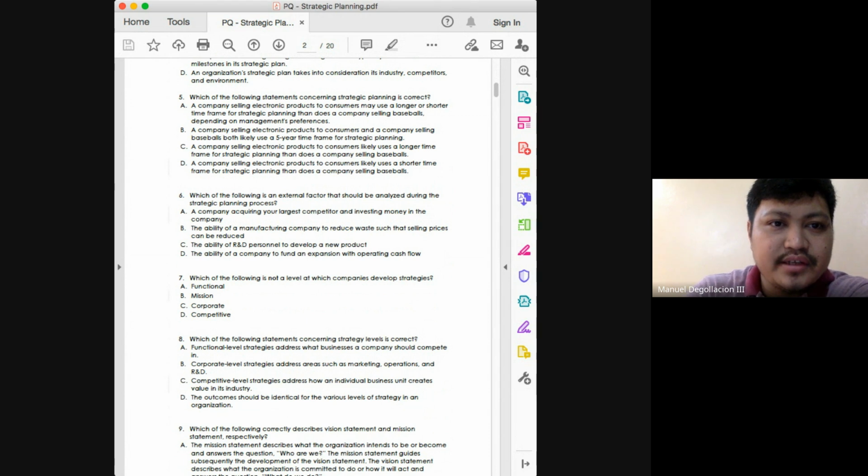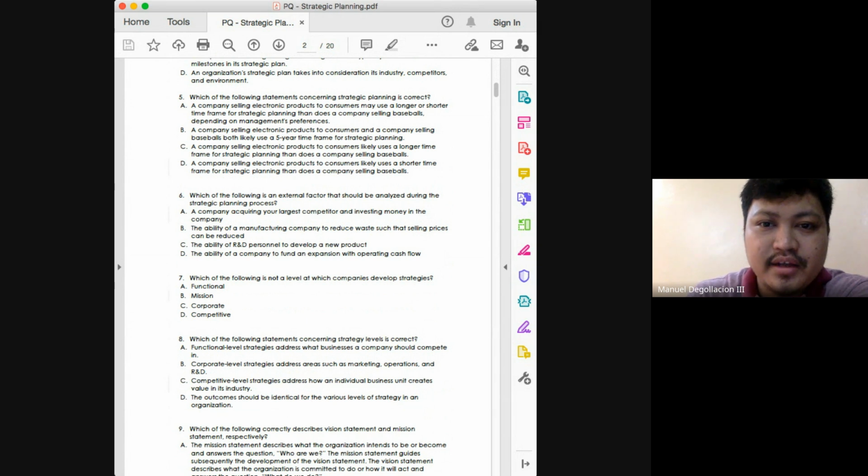Number six, which of the following is an external factor that should be analyzed during the strategic planning process? It's common in the strategic planning process class that you will have to take into account internal and external factors, especially if you are going to perform the SWOT analysis, the strengths, weaknesses, opportunities, and threats. When we talk about SWOT analysis, strengths and weaknesses, the focus there is on internal factors, whereas when we are trying to determine opportunities and threats, the focus there is on external